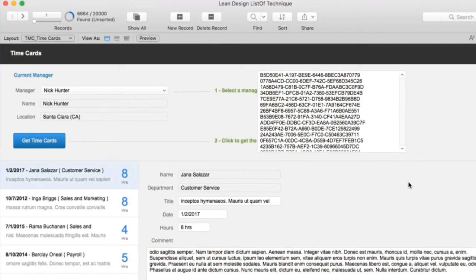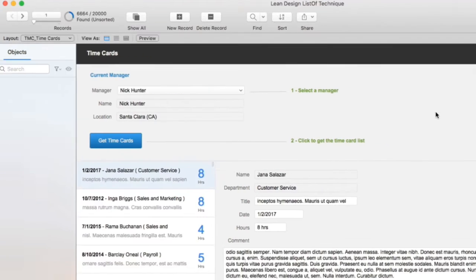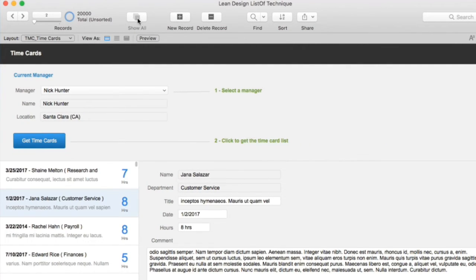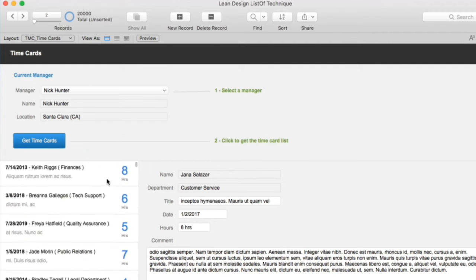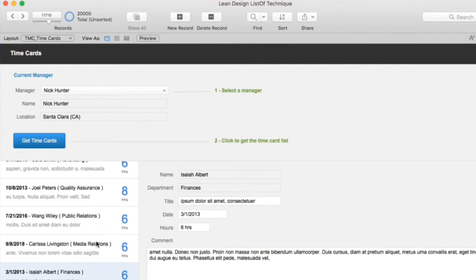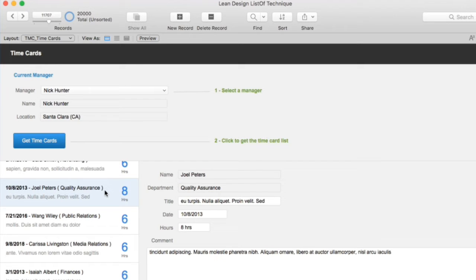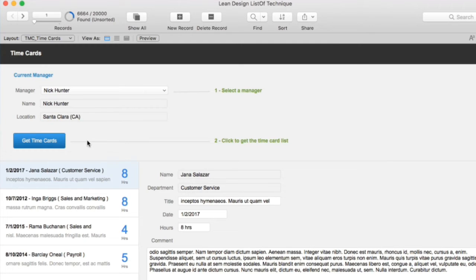Okay? So now that I have the list of the employees, how can I get here with my 20,000 time cards? How can I get a found set based on only this manager, right? And fast, like instant. Even if you have millions of records, this will be instant, right? Instant. And I don't even talk about how great this will work on WebDirect, right? In WebDirect it's super fast, right? So